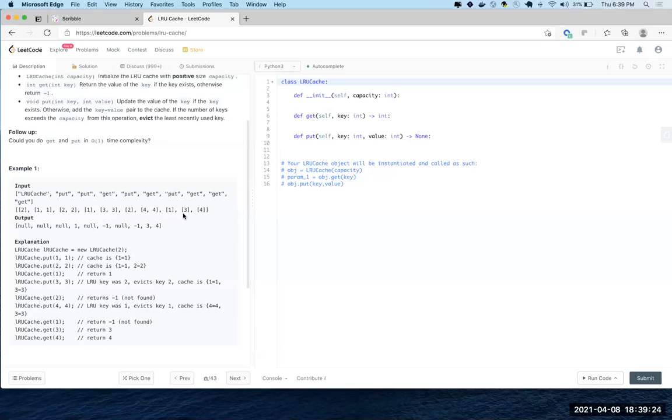To put this sixth element, you have to eliminate something, right? So the element that you have to remove is the one that has been least recently used, or the oldest that has been touched. The one that has been touched the oldest, right? So how will you solve this?